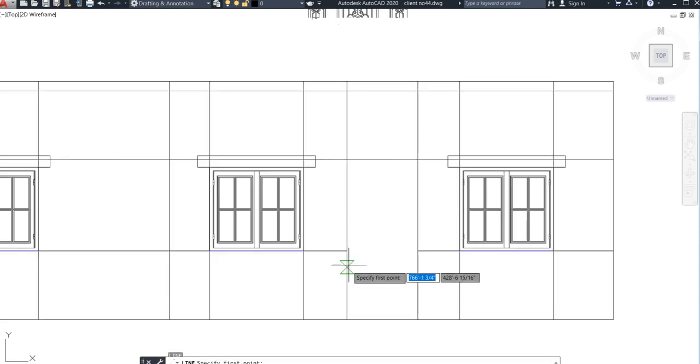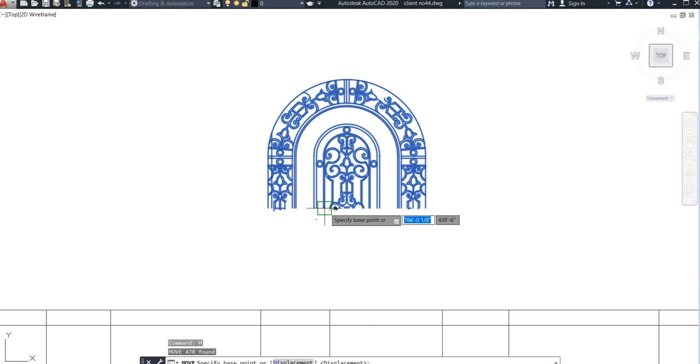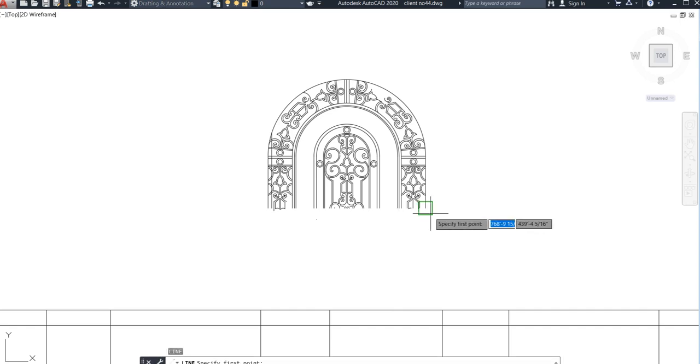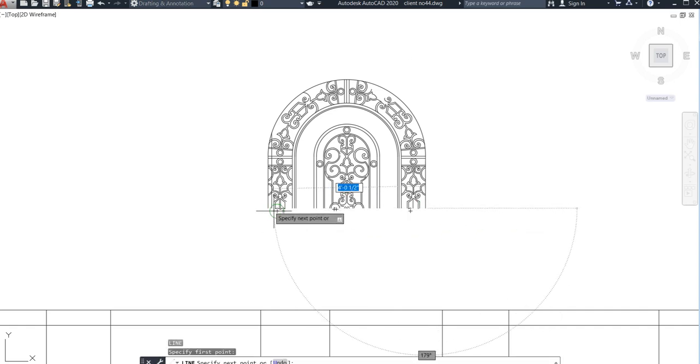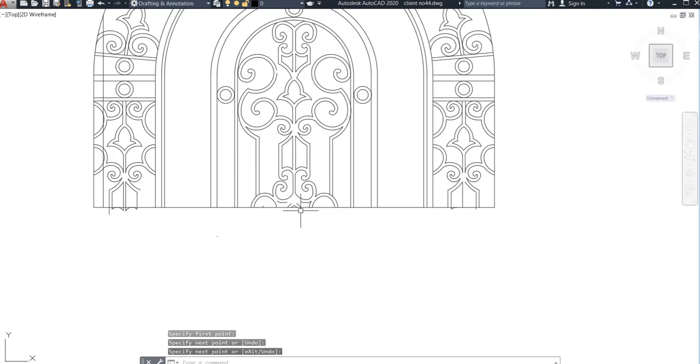So now go for the L command, just join. Now to move it, just select it, go for the M command and select its center point. For that you need to search where the center is. If you can't get the center, go for L, the length, and make a selection of it. Now go for L again.